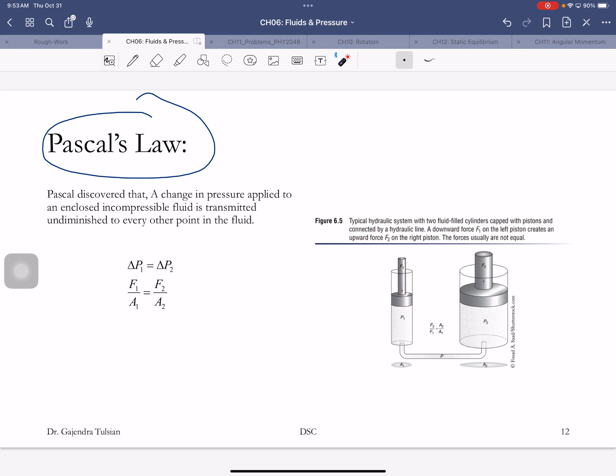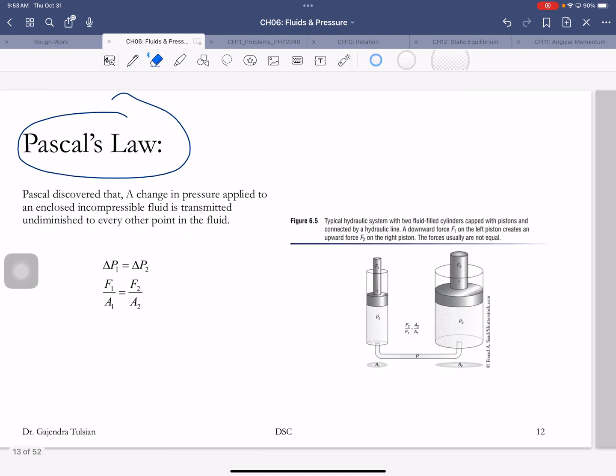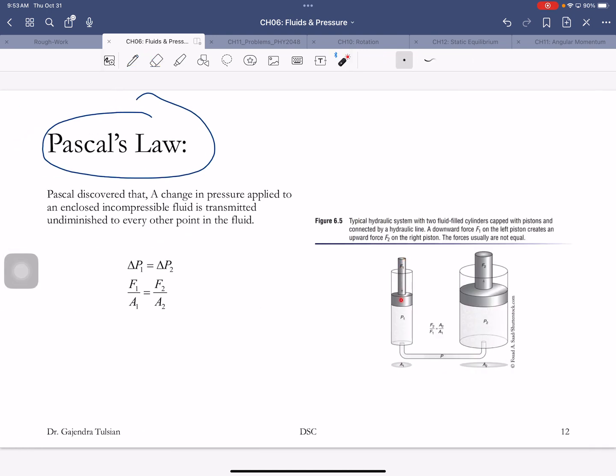And then as you go deeper in the fluid, the pressure increases, and then back to atmospheric pressure, okay? What Mr. Pascal realized was for a fluid that is enclosed, if you increase the pressure, let's say you can increase the pressure by applying a force like that. So you apply a force, and